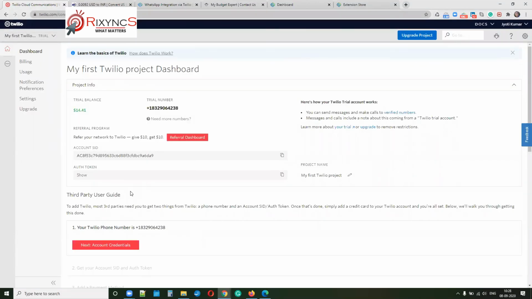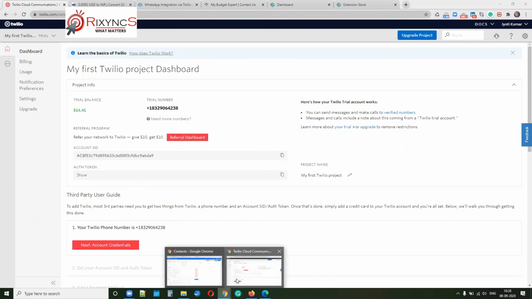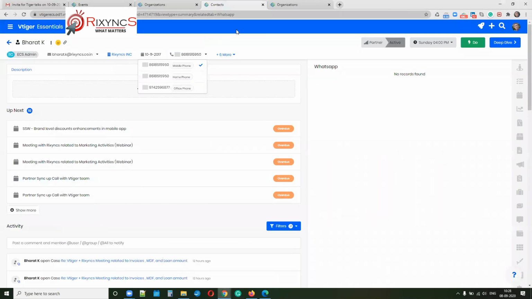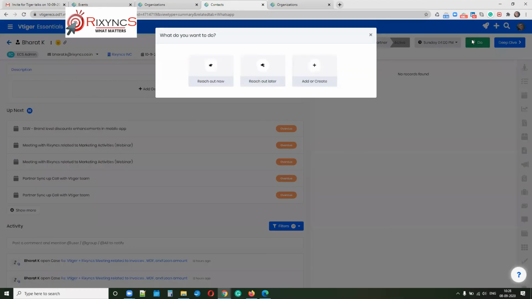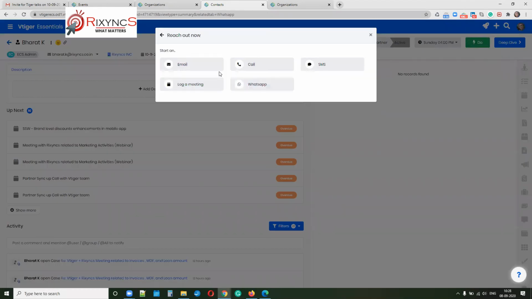Once you configure it, since it is already added, now if you want to send it to your customers, once you have added all those things, you just click here. I'm sending a WhatsApp. So you can email, chat, call, SMS.